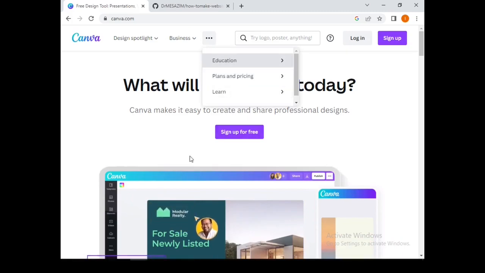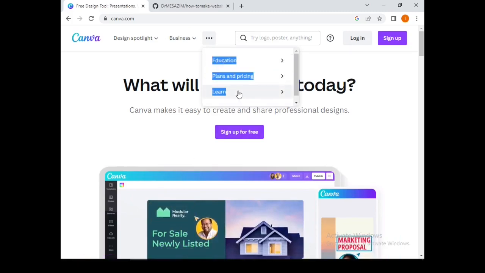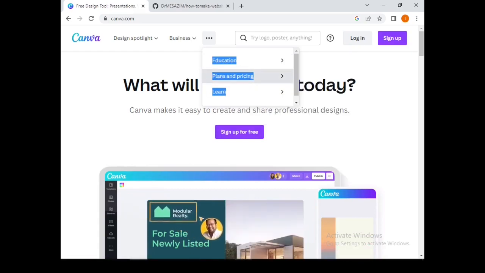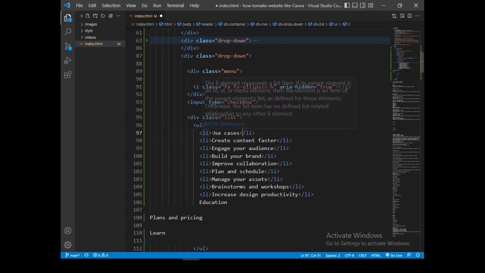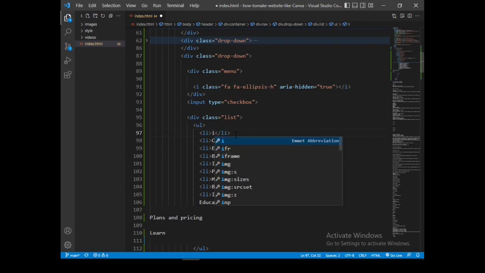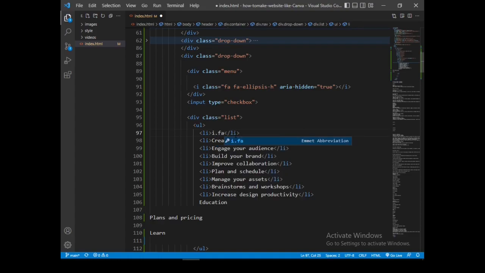So let me copy this text and we come inside our browser, and for now let me remove this one, and we need the Font Awesome for the right arrow. So let's say fa angle right.